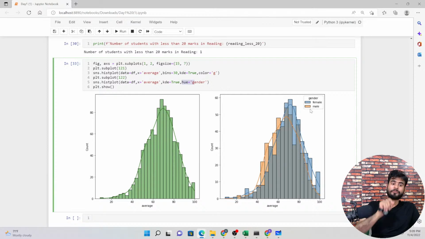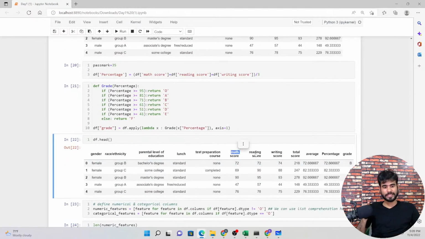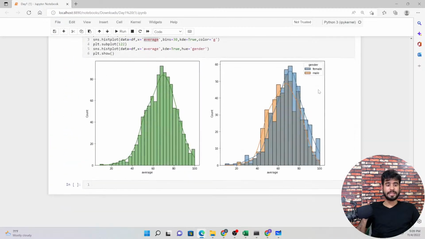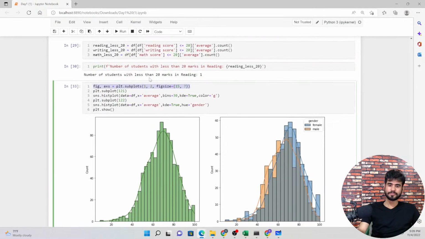Male students performed well compared to female students in the exams, whatever exams they gave. As you can see, in the math score, reading score and writing score, male students performed well compared to female students. Okay, now let me copy this same code first, two lines of code.